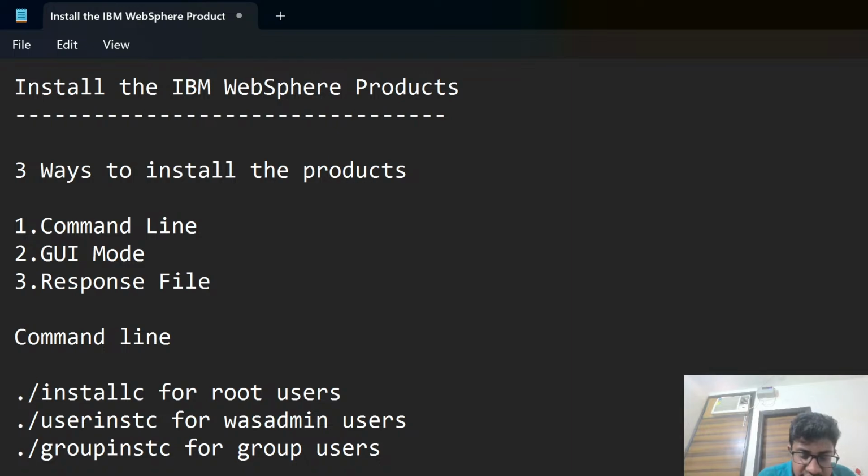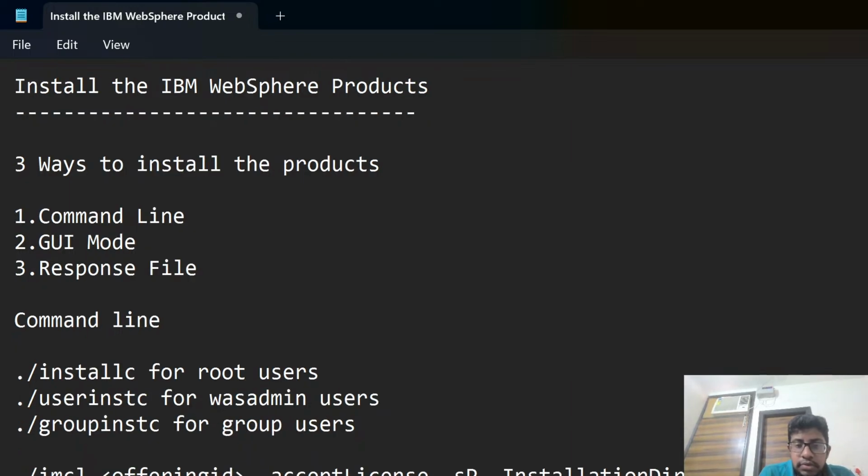-installationDirectory /opt/IBM/WebSphere/AppServer, -dataLocation is mandatory, /opt/IBM/IMShared mandatory. This is the command for WAS admin users and root users. Same command. Here the offering ID is